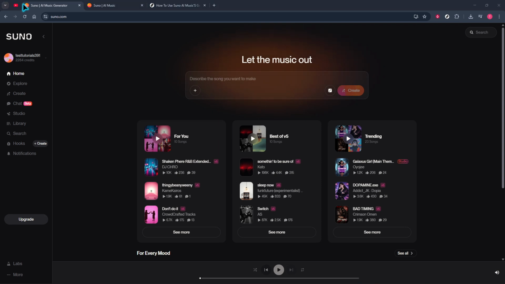Start by heading to suno.com. Once the site loads, click Sign In. You'll land on your profile area. Click Account to proceed. From here, choose Email to complete sign-in. Use whichever sign-in method you prefer and make sure you're using the account tied to your Suno project so everything